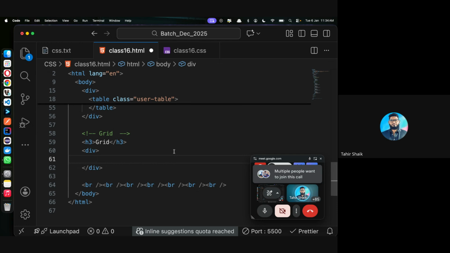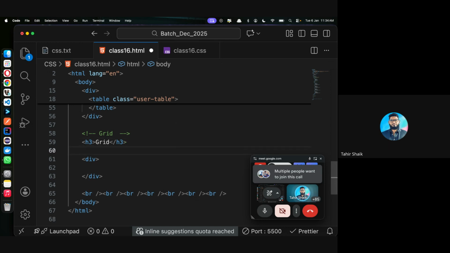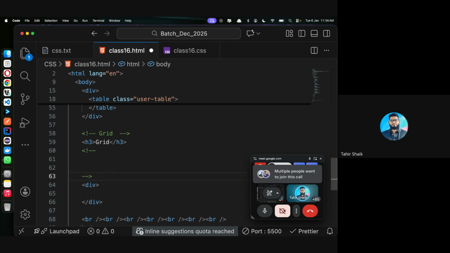Now, before going to discuss this, let me just tell you one main difference between the CSS grid and the flexbox. The main difference between the CSS grid and flexbox. So CSS grid,